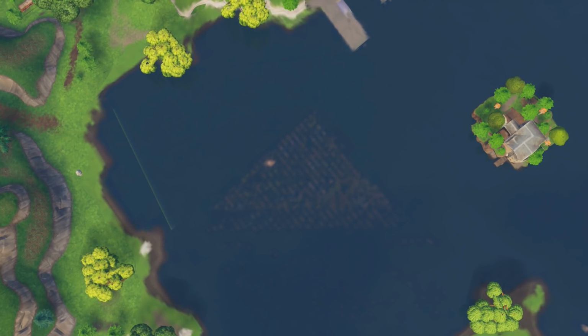So recently I've actually been tweeted this, and I've seen this myself when I'm gliding in. There's a little triangle in Loot Lake. At first I had a little think about it. It could be something that pops up there, maybe pirates or something like that. But then I started to think a little bit deeper and started to realize potentially it could be something related